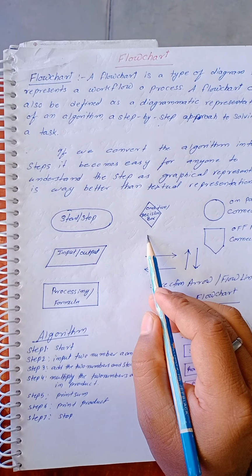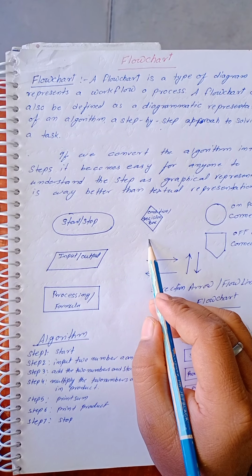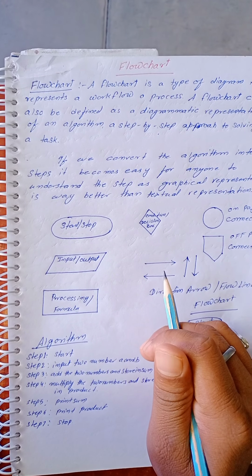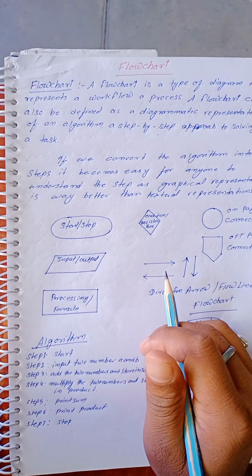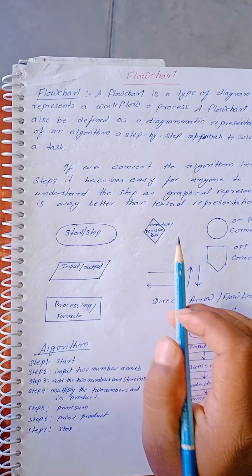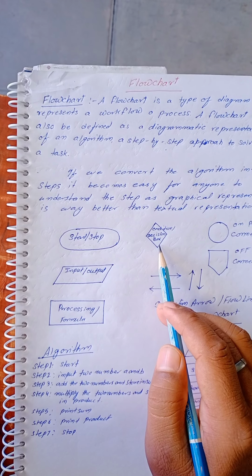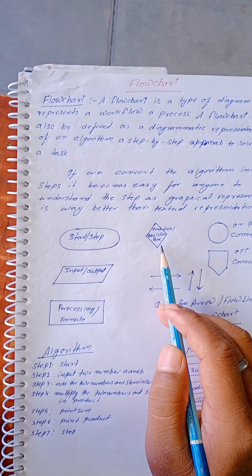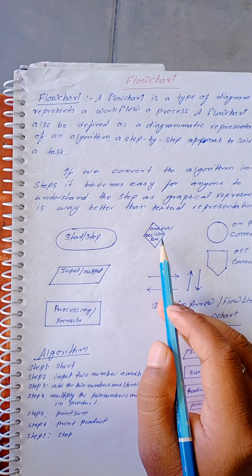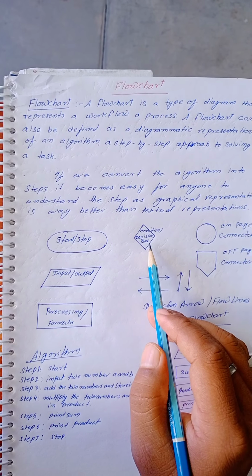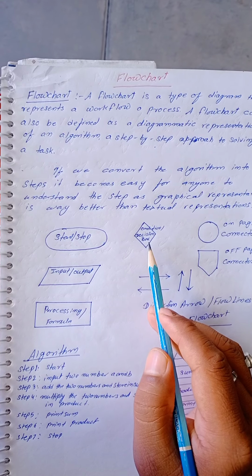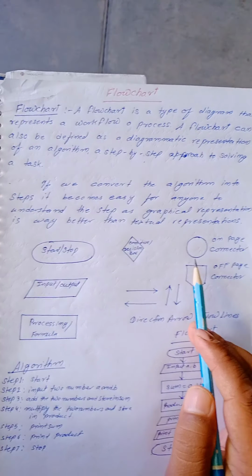What do you mean by decision making? Suppose you have a number, 3. If anyone asks whether 3 is an odd number or an even number, then we use conditions. If a number is completely divisible by 2, that number is even, otherwise odd. So a condition is used for this type of problem, meaning a decision. It takes decisions.